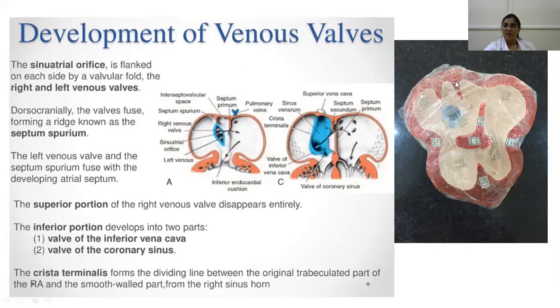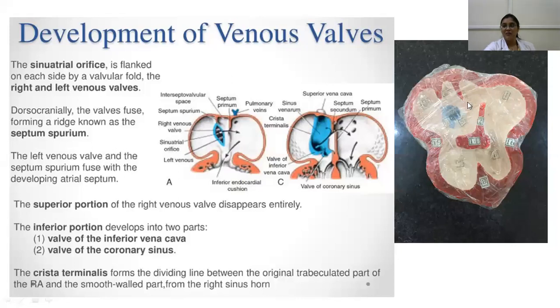Okay. Then you find another septum which is coming here on its right side. This is septum secundum. So this is muscular, this is membranous. In this model they're shown more or less equal thickness, but actually this is more membranous. That's why you get another septum, your septum secundum, which is much more muscular compared to this. So that comes here, and then this will form your foramen ovale.